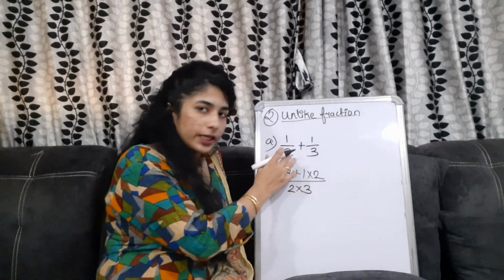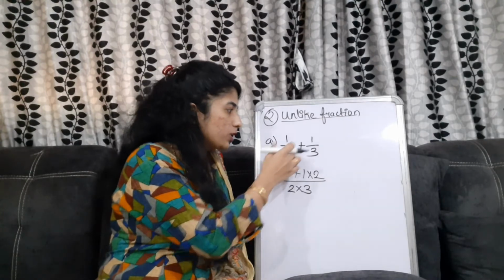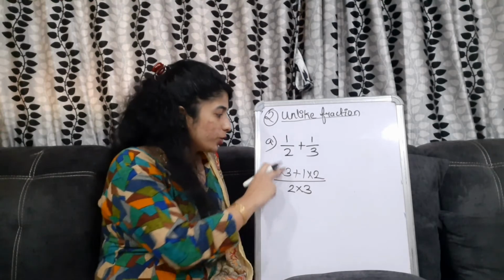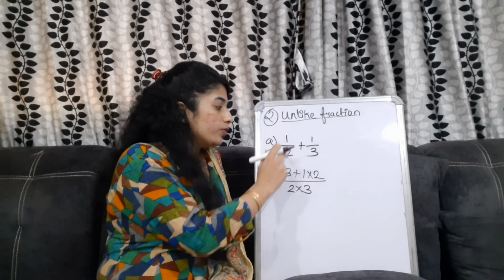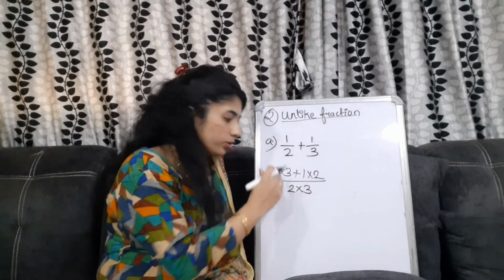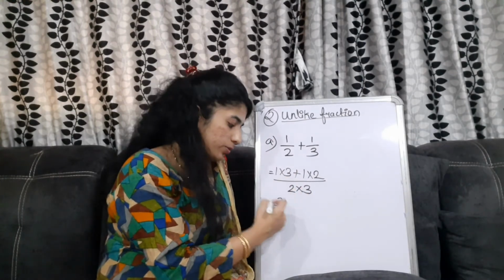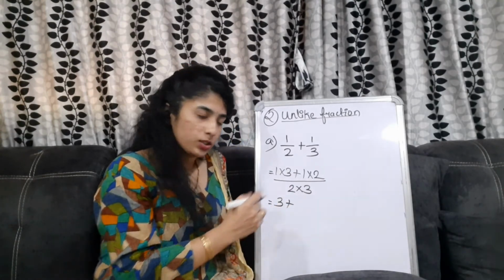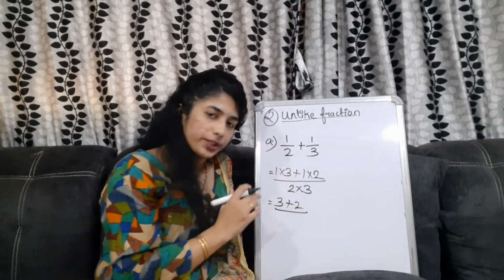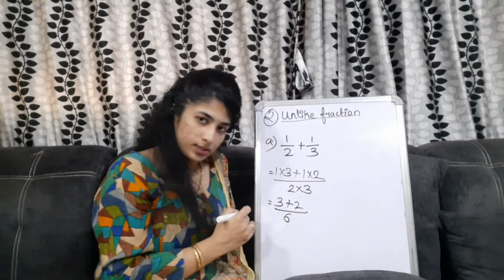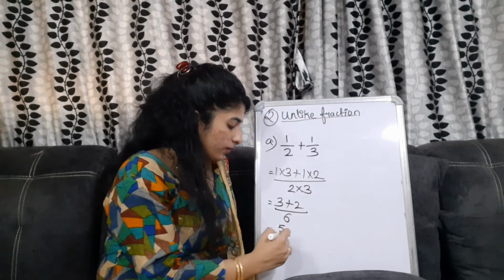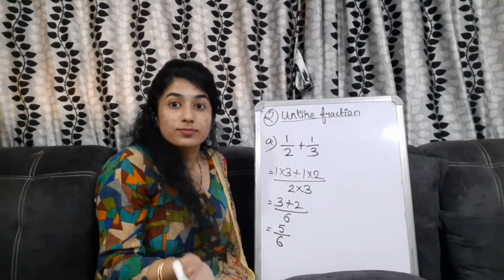Understood? Don't forget about this. Don't think that yes, I am taking this 2 over there, 3 over here, meaning nothing is left below. No. Okay. So what you are supposed to do? You are just going to write it over here. You will take this and go over there, this and here. And don't forget to multiply. So here do the multiplication. 1 into 3 is 3 plus 1 into 2, 2 whole upon 2 into 3. That is 2 3s are 6. Now do the addition. 3 plus 2, 5. And then the 6.